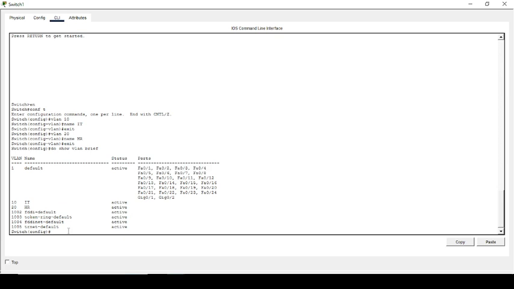So now we are going to assign ports for our VLAN 10 and VLAN 20. Interface fast Ethernet. We are going to use the fast Ethernet port 1.